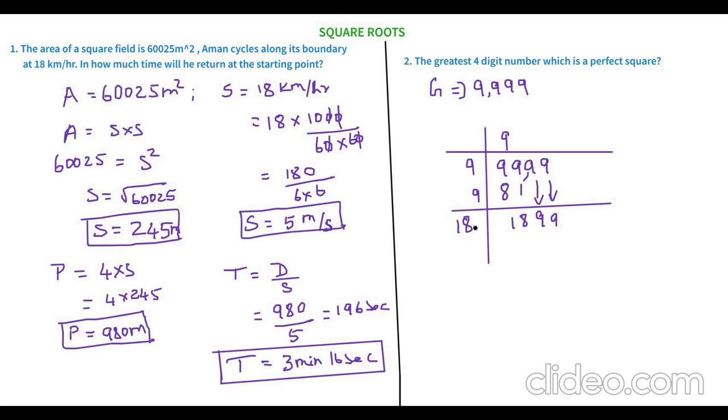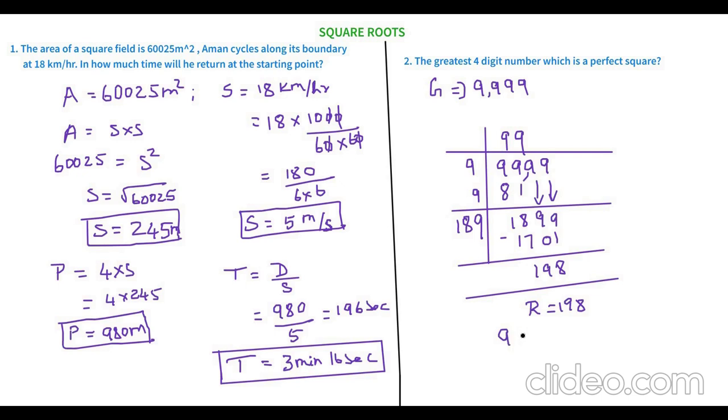So 1, 8, and what number should be written in the ones place? The same number should be written in the quotient. So let me take a 9 here and here also a 9. So this becomes 1701. Now again we have to subtract. We will follow the same method. So when we subtract these two, we get 198. So since the remainder is 198, we have to subtract the remainder from